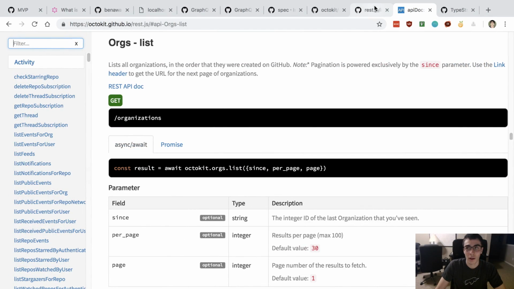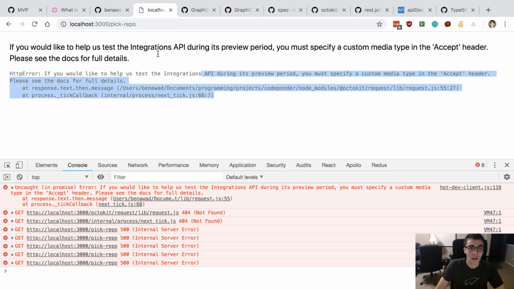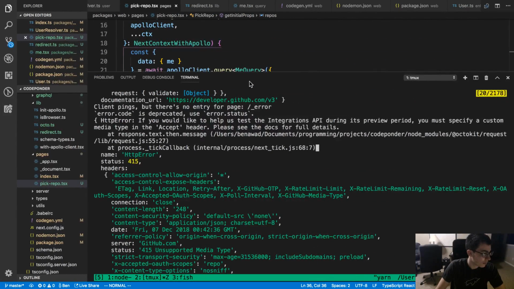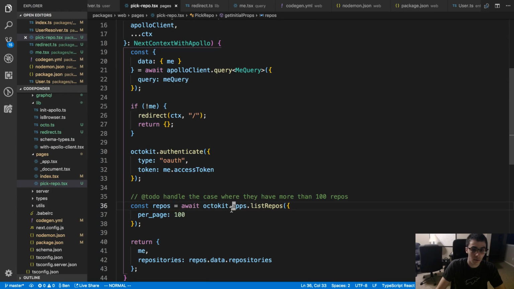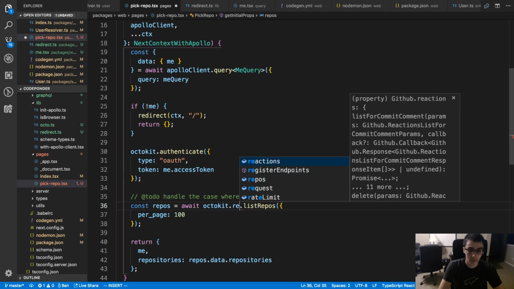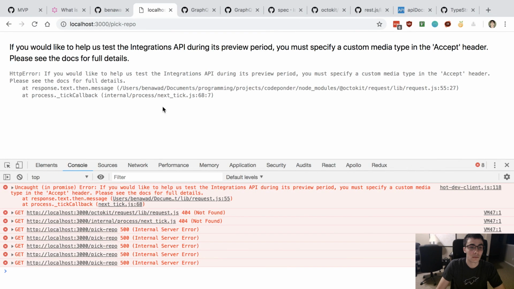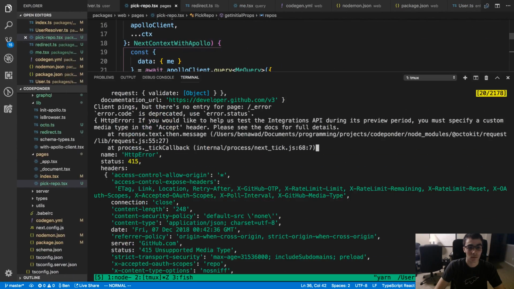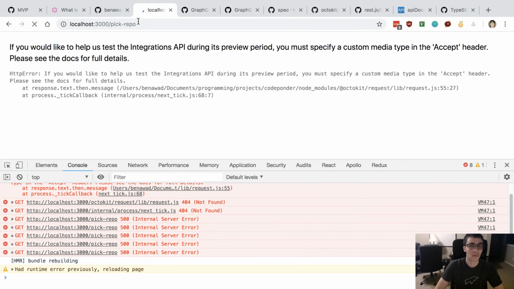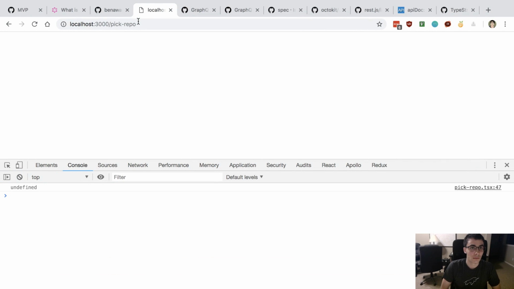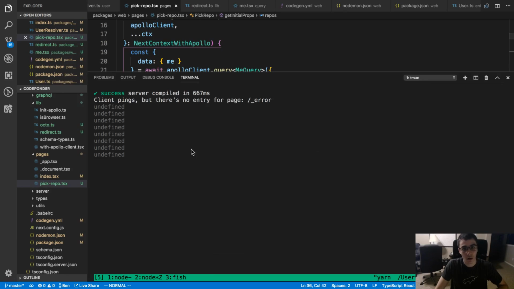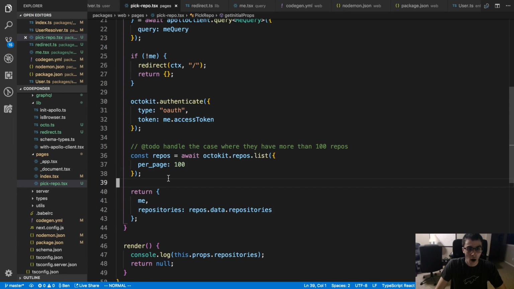So do you know what's going on with this error? Octocat does take care of those headers. So is it just because we were trying to access the wrong thing here? Yeah, it looks like it was just because we were trying to access the wrong thing. All right, so